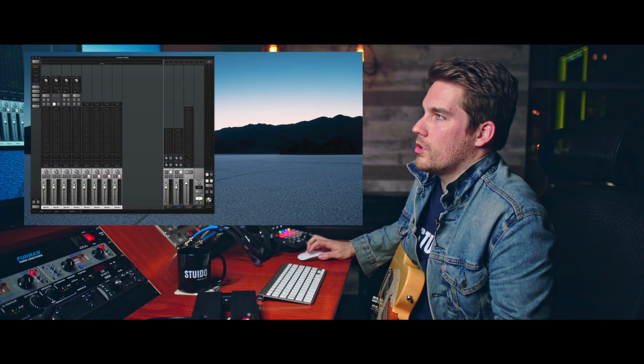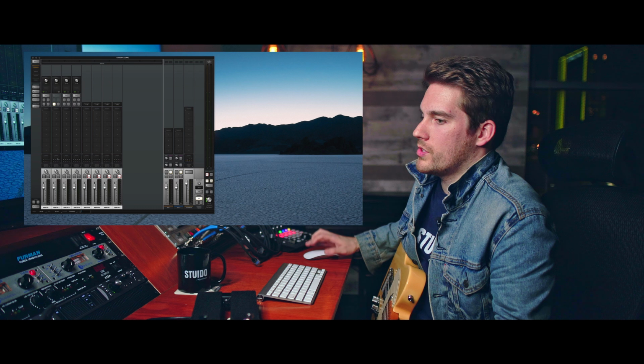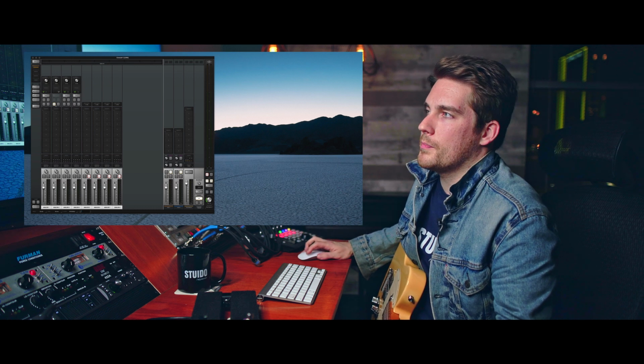So the theory is that if it's the exact same sound source and I flip the phase, one will cancel out the other and it'll just be totally muted. And I've matched this as perfectly as possible, and we're gonna see what we get. So we've got channel 1's the XLR, channel 2 is the High-Z. I've flipped the High-Z,